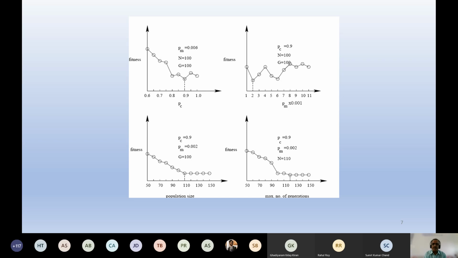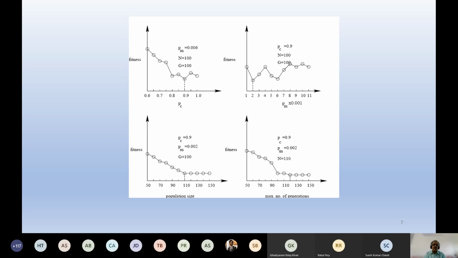Next, you concentrate on the maximum number of generations. If the maximum number of generations is set to a very low value, 10 or 20 or something like that, search may not be proper. There could be a chance of premature convergence. On the other hand, if you set Gmax to a very high value, search will be proper, but at the cost of more computation. That means, once again, the maximum number of generations cannot be too small. It cannot be too large also. Are you getting my point?